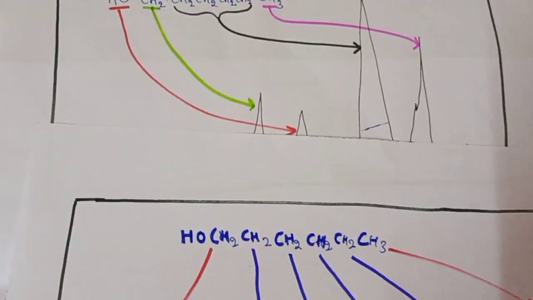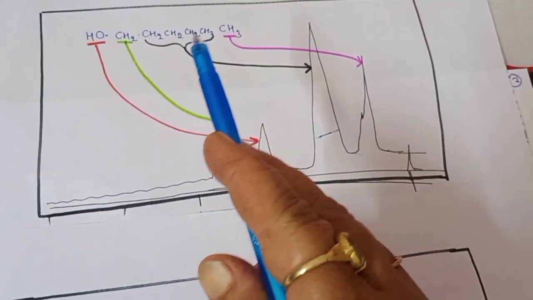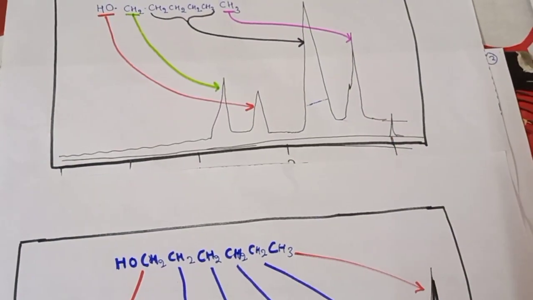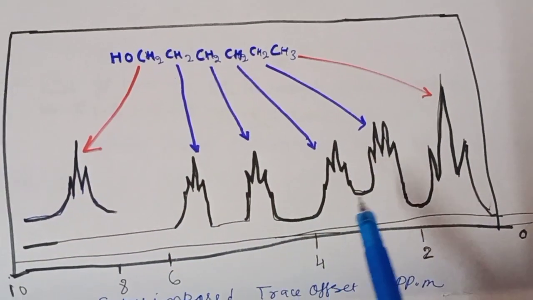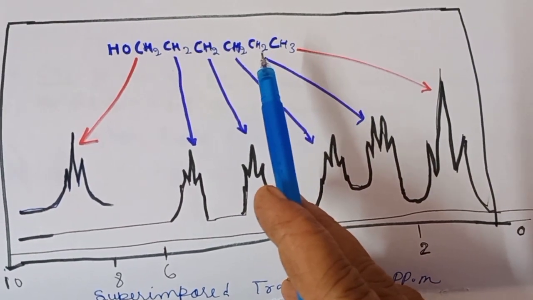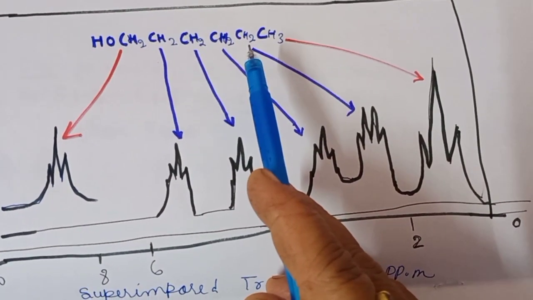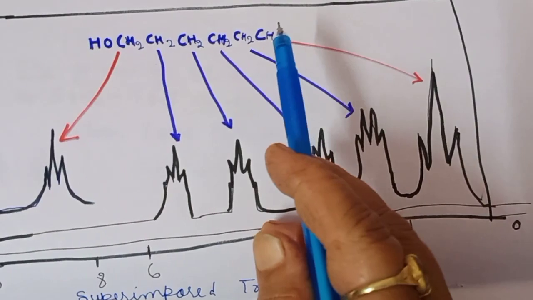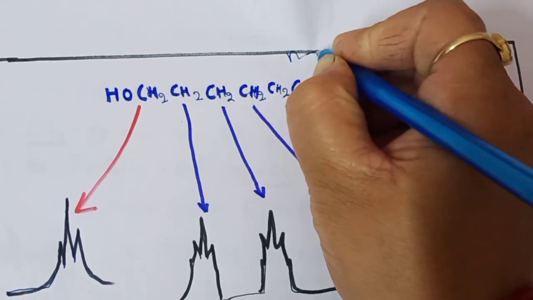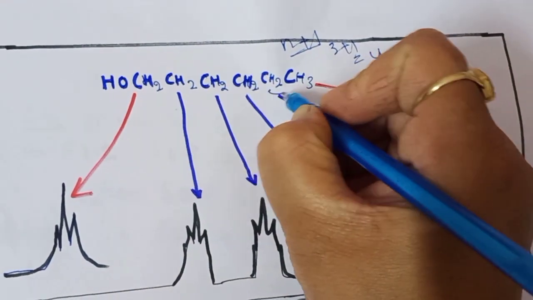First, which type of peaks are you getting for this OH group and CH2 groups? All these CH2s are buried in one peak, and this CH3 is our distorted triplet peak. But now you can see you will get separate peaks for all the CH2 groups. So this is CH3, so the CH3 peak will split because of 2. You will get a triplet. In the neighborhood of CH3 there are only 2 protons, so 2 plus 1, you should get a triplet for this. And for this CH2, how many protons are there in the neighborhood? 3. So it will follow the n plus 1 rule, 3 plus 1, so you will get a quartet for this methylene.